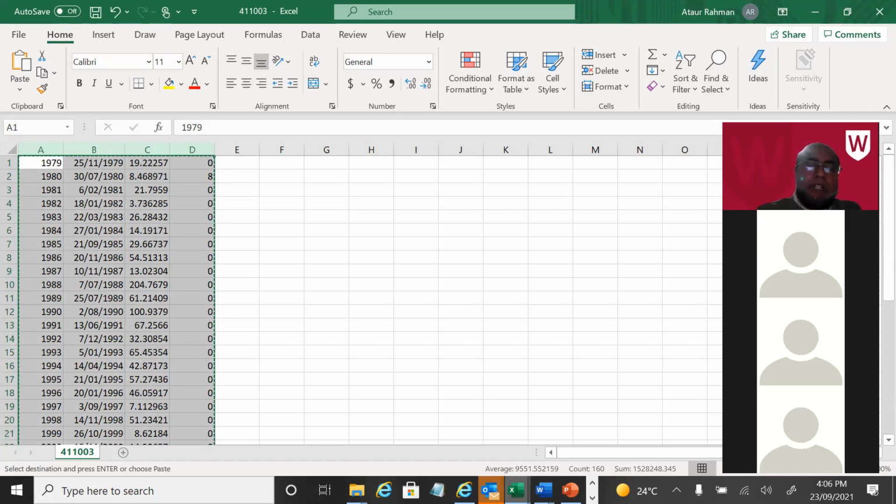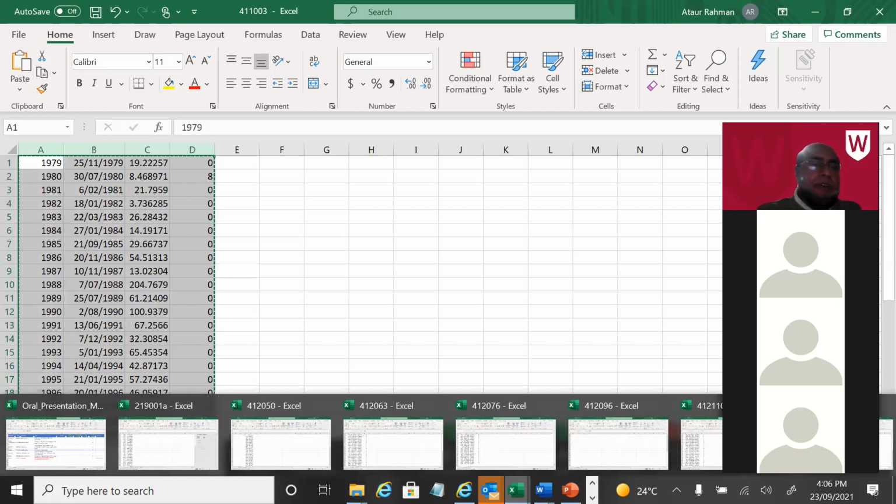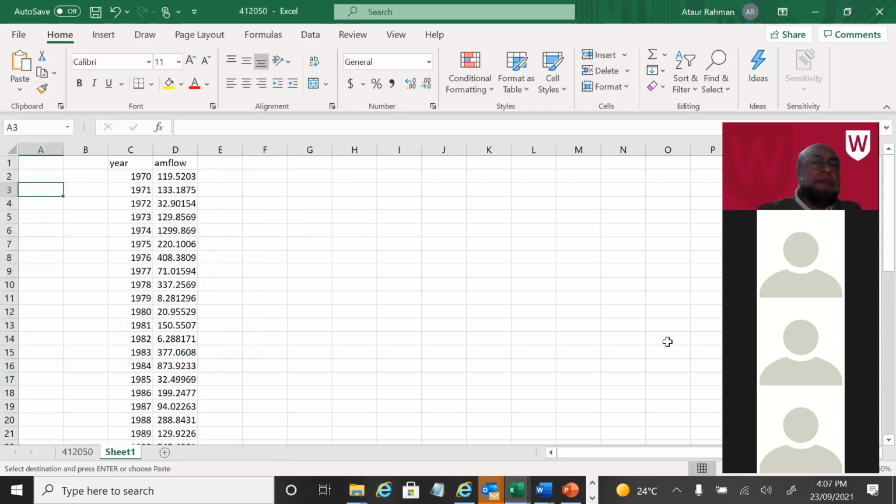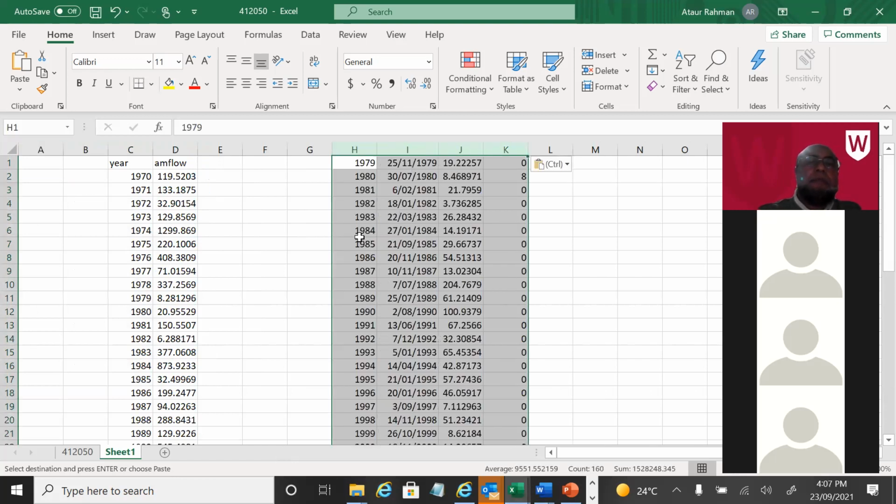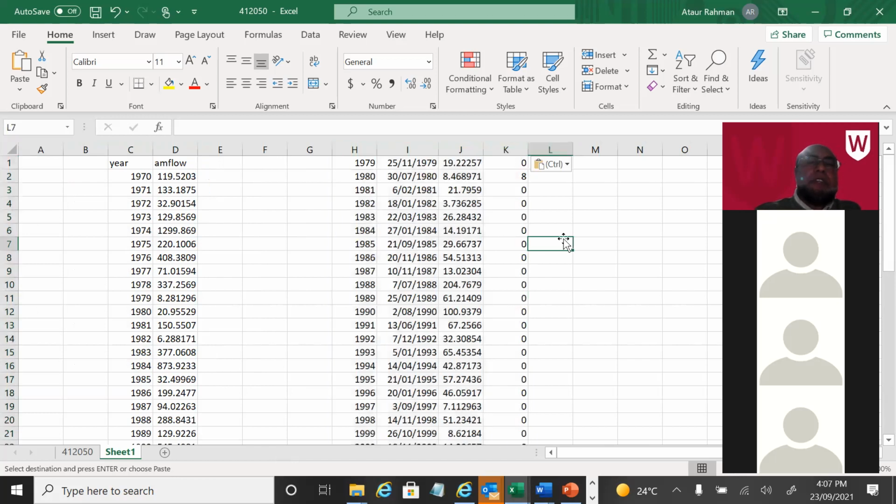And then I'll go to that Excel sheet where we have 412050. And then let me put it here. So now we see here that for this station here,